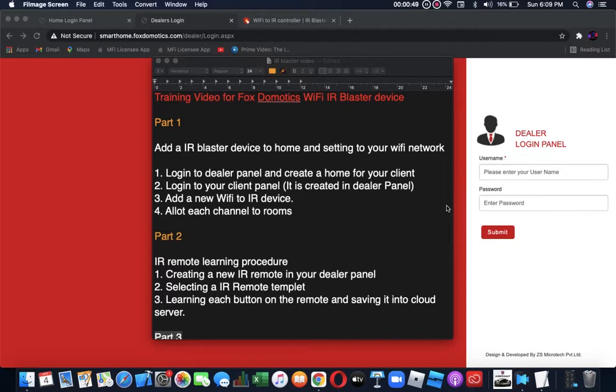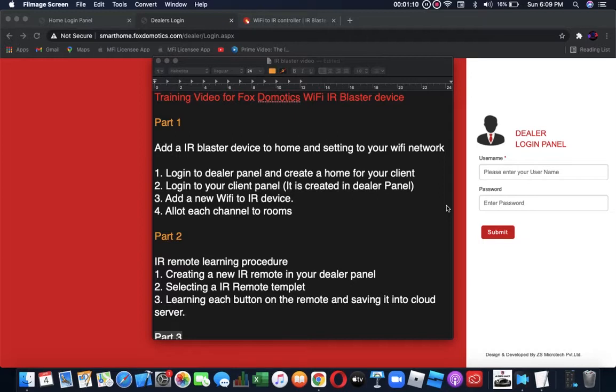You can add those remotes, learn each and every button of that remote, add it into the cloud platform and use it whenever you want. Today we are going to learn the entire procedure of IR Blaster learning to final